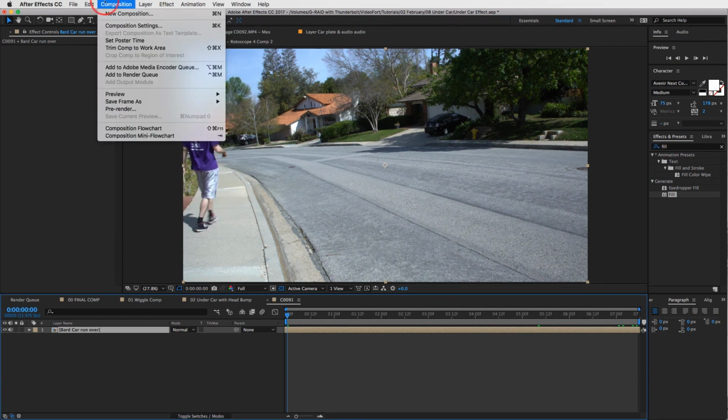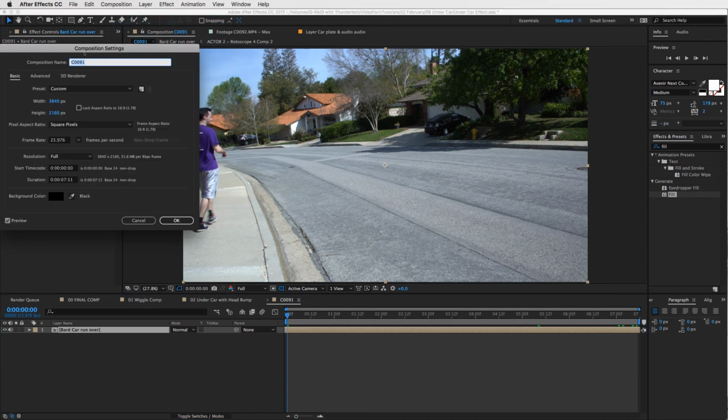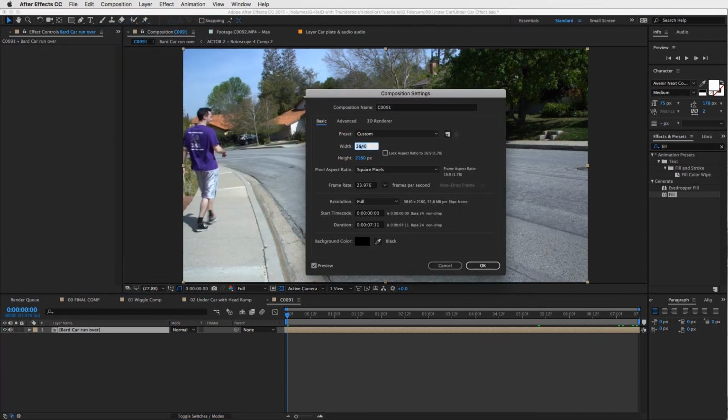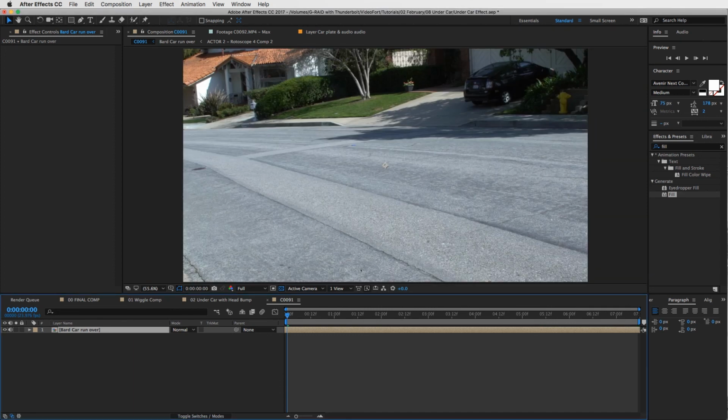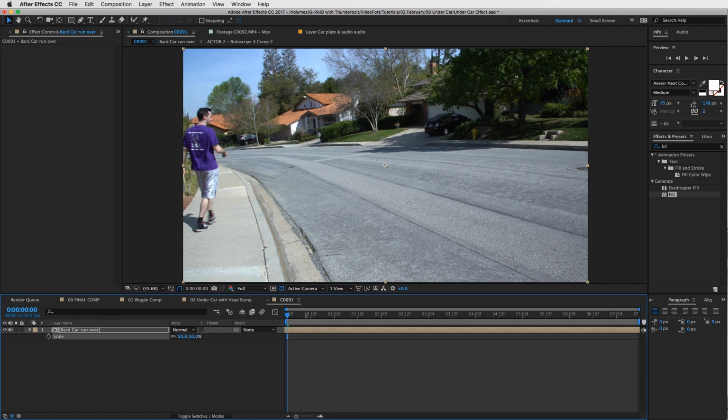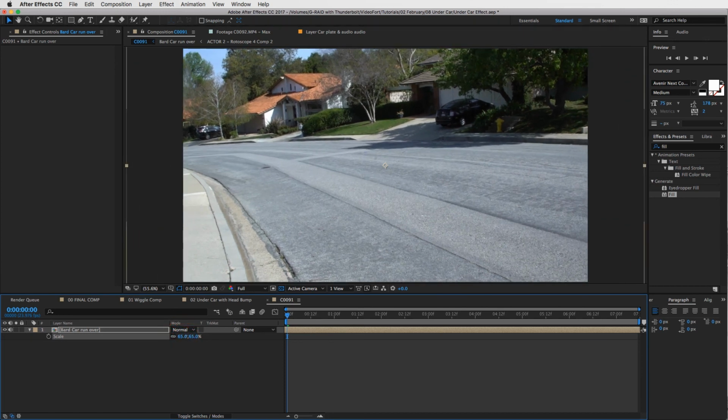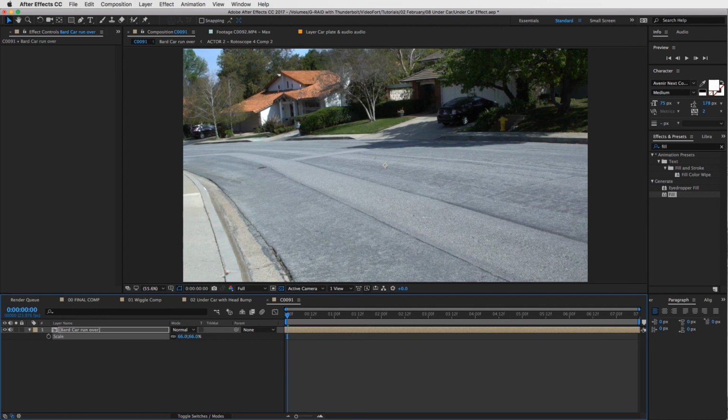So I'll just bring it down to HD, which is 1920 by 1080. Okay, so I have some wiggle room to play with, and I would just mess around with the camera work, right? So I would start off by zooming in a little bit,